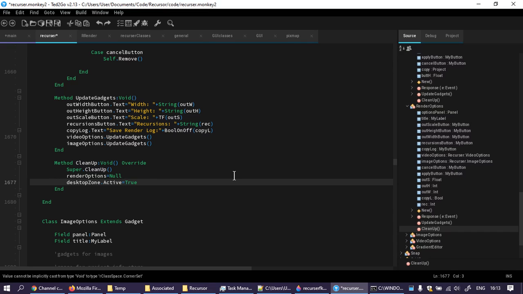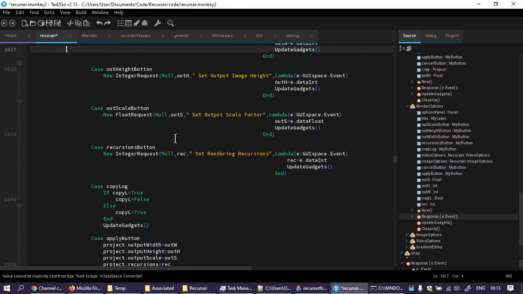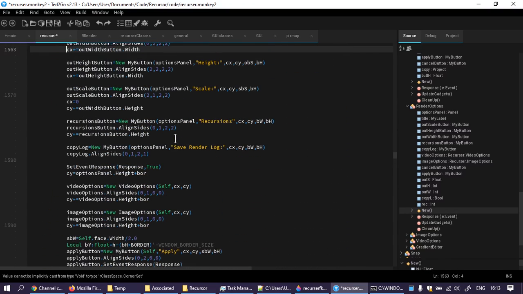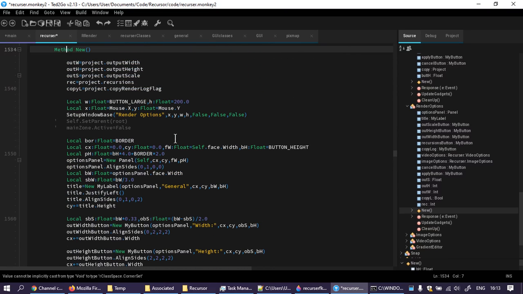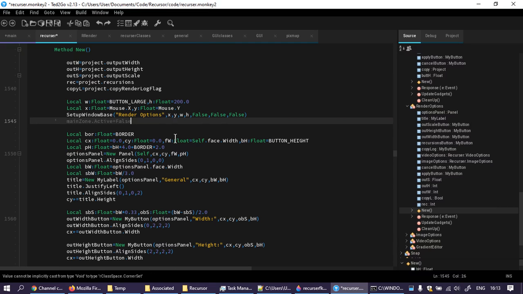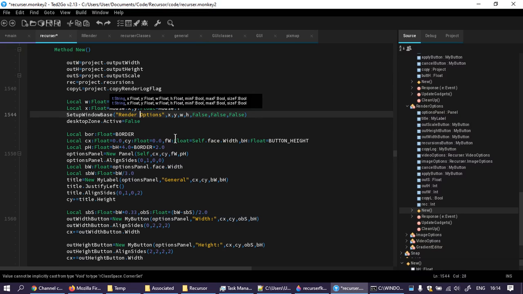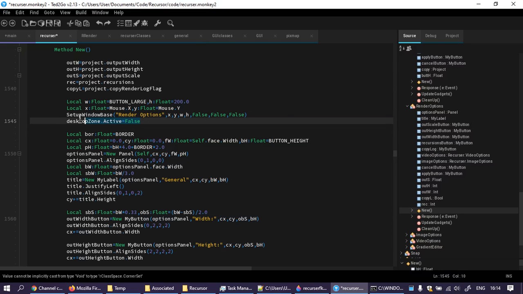It's something that happens so commonly, I feel like I should make more of a deal of it, but let's just test it out with render options. Up here somewhere. There it is. First off, that can go. I know that is not required. And I've got this. And I do not say that, I say this. Desk zone active equals false. Desktop active equals false. And similarly,